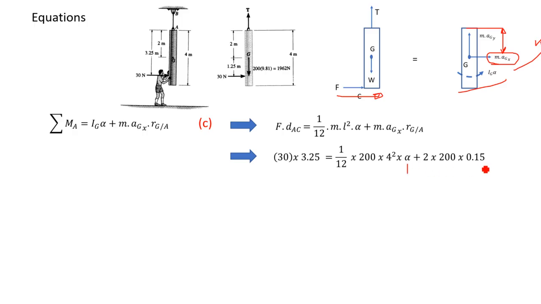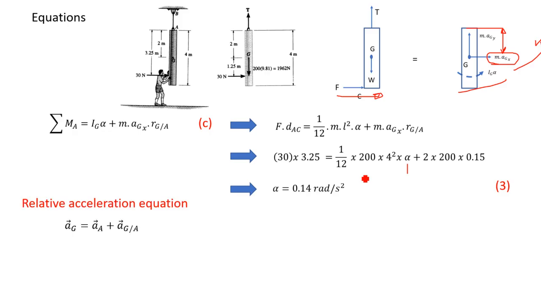Actually, here we forgot to put, no need to actually do the alpha because we know the AGX. So now we solve for the alpha and find that the alpha is equal to 0.14. Now, at this stage, we don't know what the tension is. Anyway, we can find the value for the AG in the y direction simply by using the